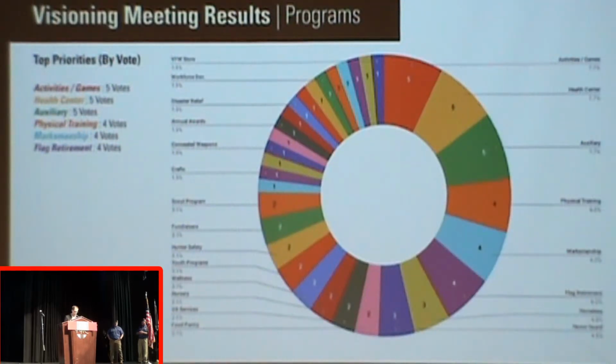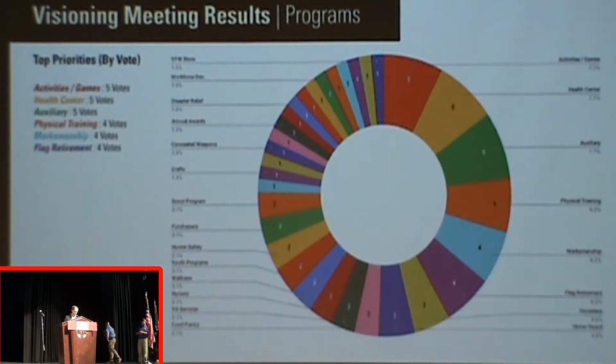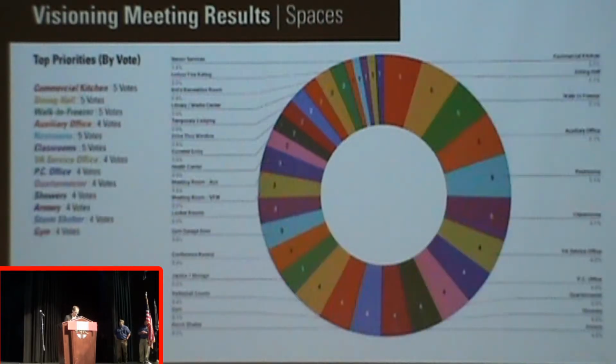During the committee vote regarding programs or the services to be included in the building, the highest priorities were as follows: activities and games, health center, auxiliary, physical training, marksmanship, and flag retirement. For the spaces that were to be included in the new facility, were to have a commercial kitchen, a dining hall, an auxiliary office, restrooms, classrooms, a VA service office, a post commander office, a quartermaster office, showers, armory, storm